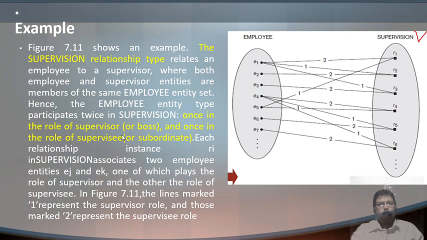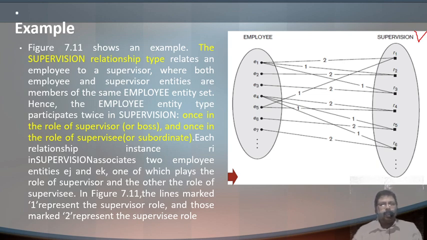Once in the role of the supervisor or boss, and once in the role of the supervisee or subordinate. That means it is quite possible that an employee will be both. For example, if you take my example as a HOD, correct? I am a supervisor to the other staff members, and I am under the supervision of the principal. That example you can take. So I am also an employee, correct?